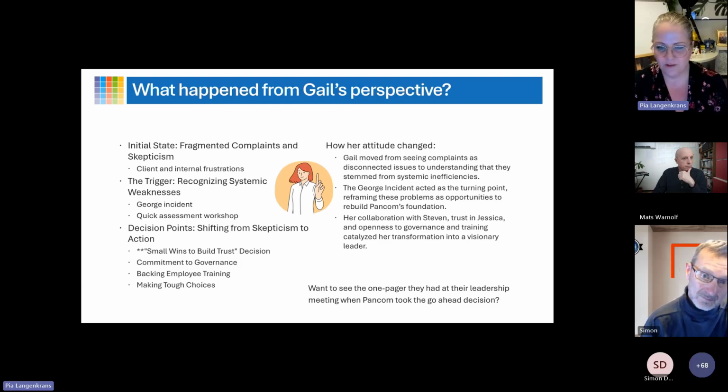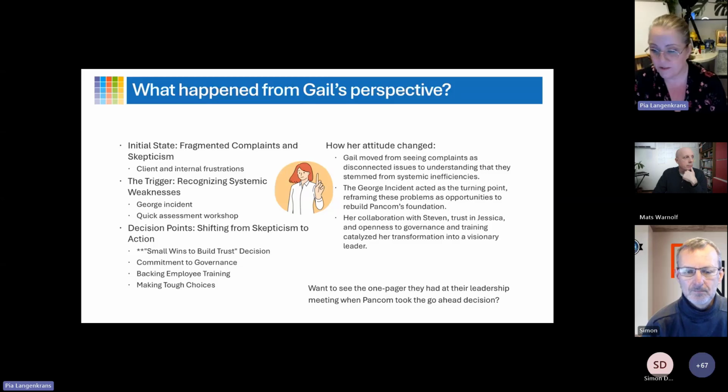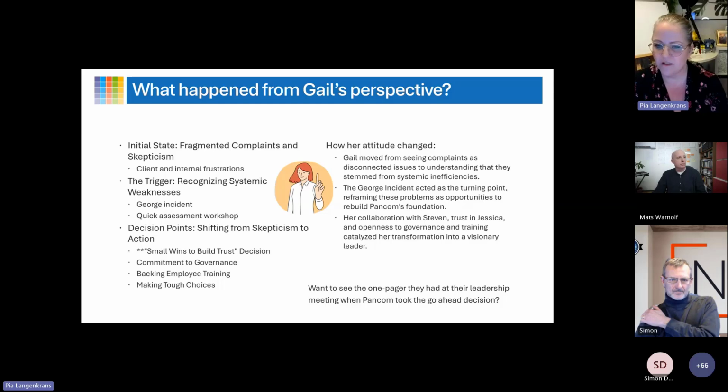The incident really made her open her eyes, and also the quick assessment workshops, sitting there listening to all of the different areas of the organization. I mean, okay, it actually connects. And when you've done that, then you come to the low-hanging fruit. Like in this story, Stephen got really close to the IT manager, and they fixed some of the security things really quickly. Those were small wins that would build trust.